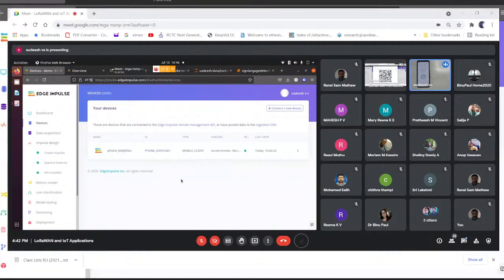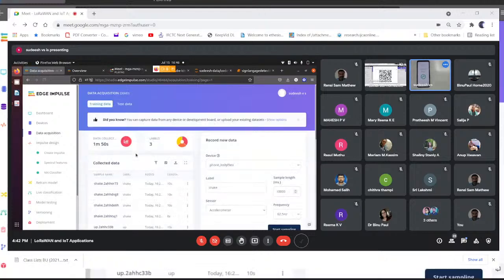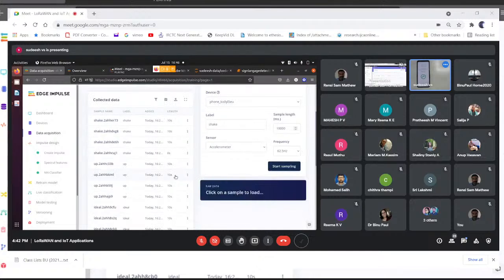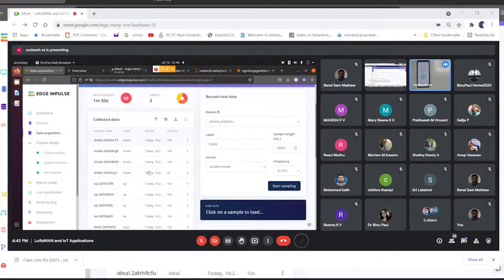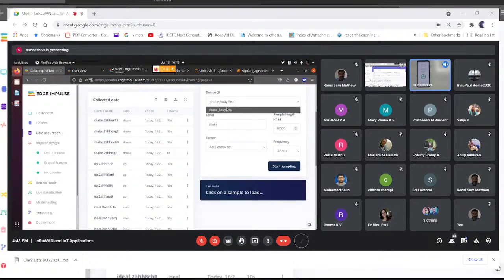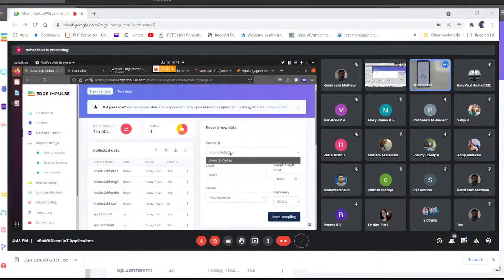The next step is you need to collect the data. First, go to the data acquisition. If you are going to collect the data, you need to create 3 labels. You are going to use accelerometer data. So select your device; the mobile is already connected here.